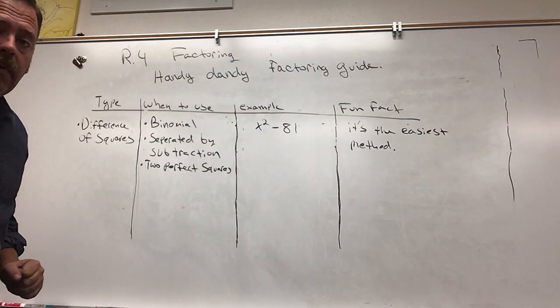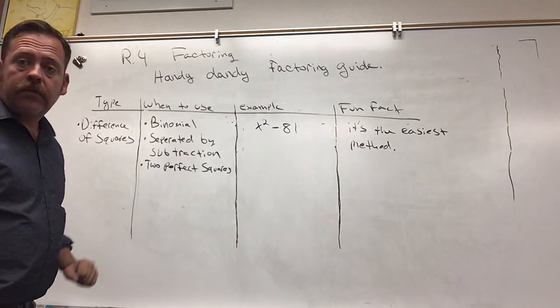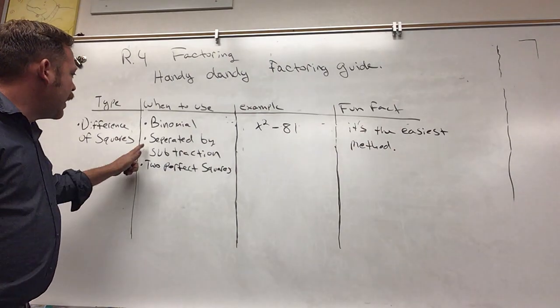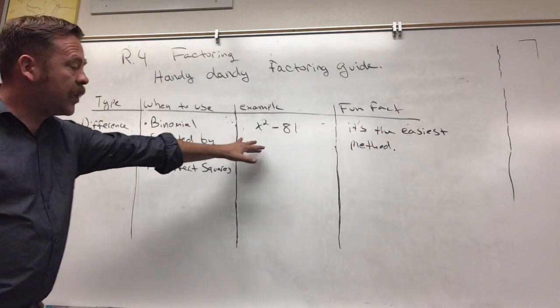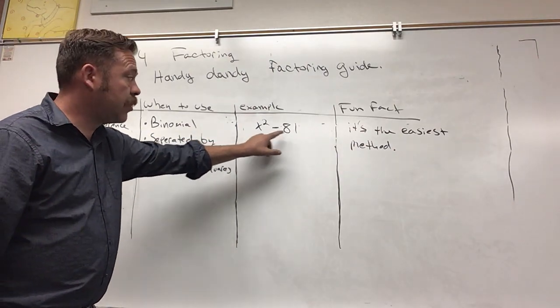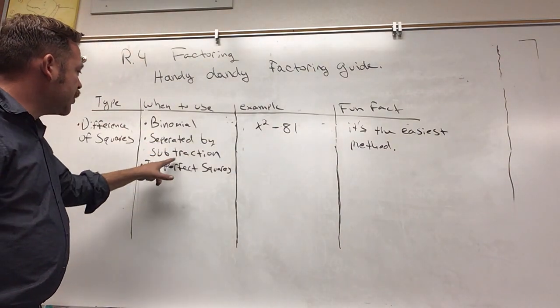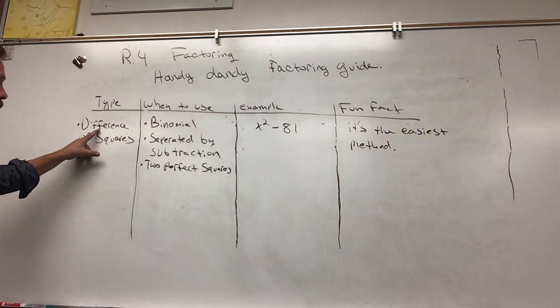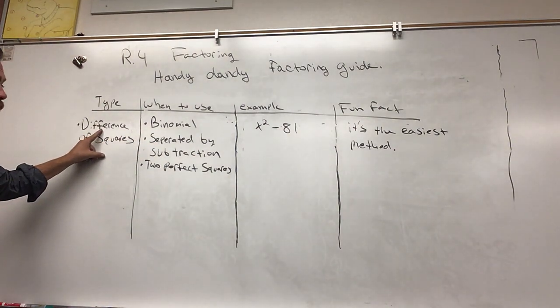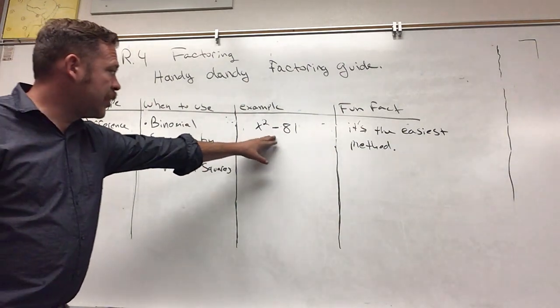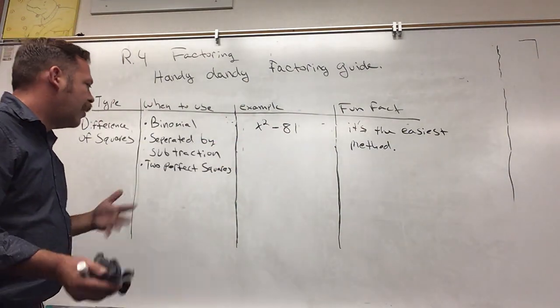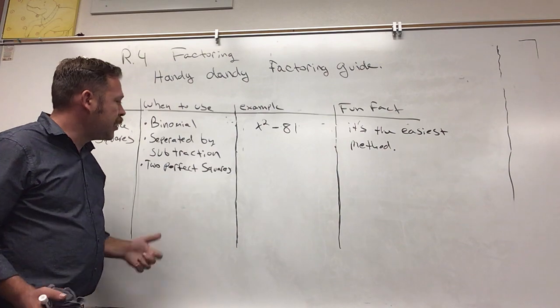When can we use it? Well, it has to be a binomial. Looking at our example, a binomial has one term, two terms, okay? It has to be separated by subtraction, hence the name difference of squares. Doesn't difference mean subtraction? It certainly does. So this is subtraction, and maybe the harder part to pick up on is they both have